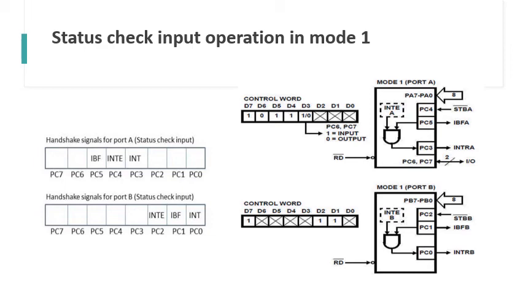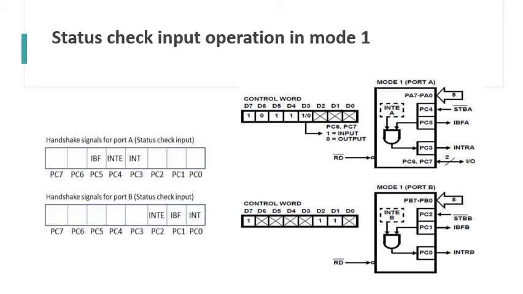So next is IBF. This is an active high output signal of 8255. It indicates whether the input buffer is filled with new data or not. If IBF is equal to 1, then the input buffer is full, and IBF equal to 0 means that the input buffer is empty. In order to know whether new data has arrived or not, the microprocessor should check the status of this signal. Next, about INT.